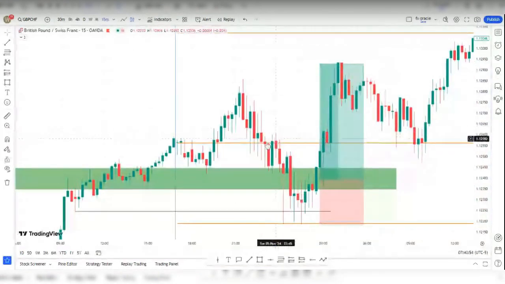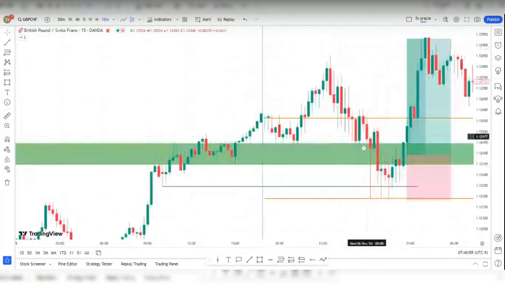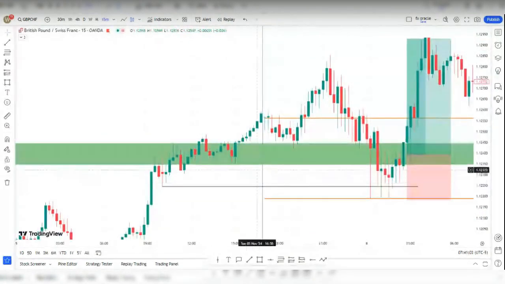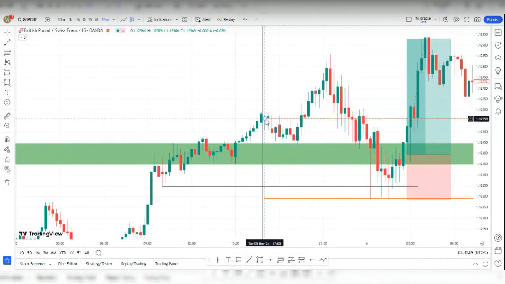So all this manipulation that I would have been caught in, I would have escaped it. Why? Because I had to wait for them to do what? Sweep the liquidity, take out those early buyers, and for them to go below the opening price before I do what? I take a buy. So that is